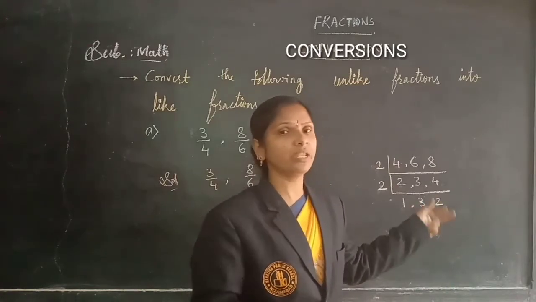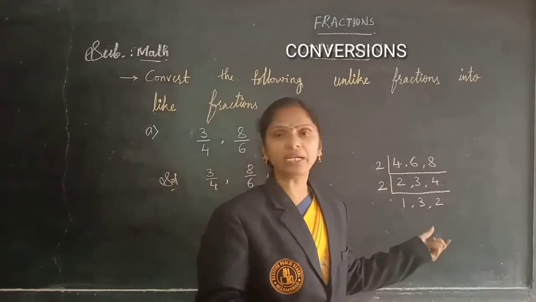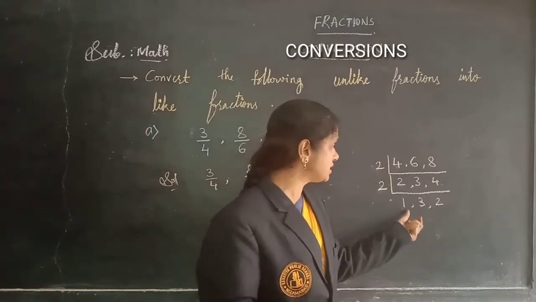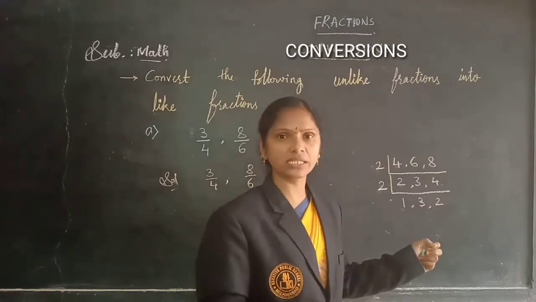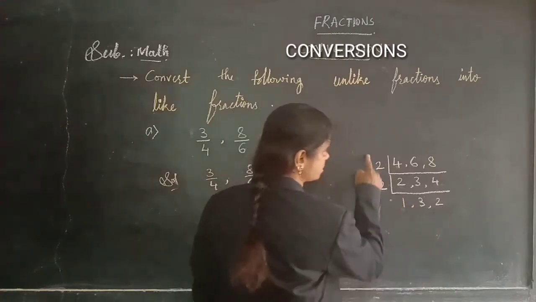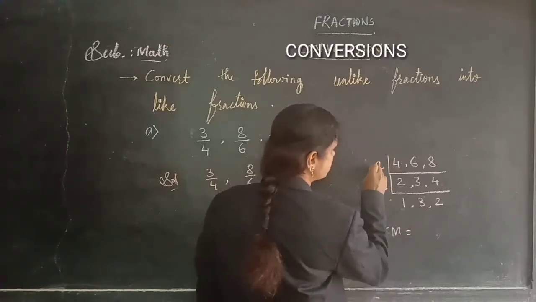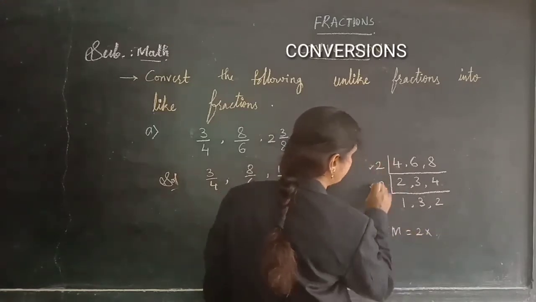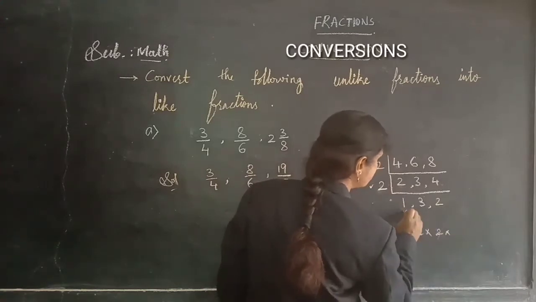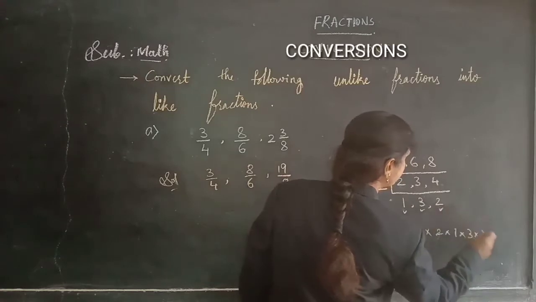These all are possible in one table, but except the one table I said no. So in other tables it is not possible, children. Means these numbers will not get as products here. So stop it and multiply the last numbers to get the LCM. LCM is equal to 2 into 2 into 1 into 3 into 2.